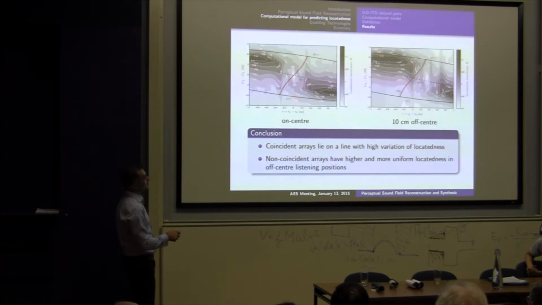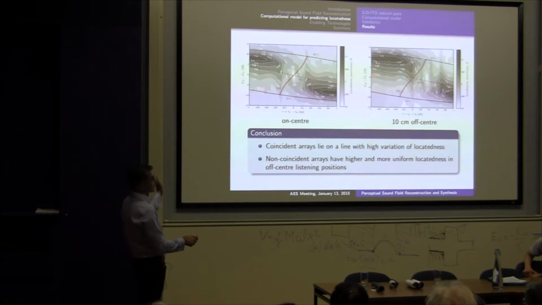But we can see also that if we were using just intensity stereophony, just level differences, we would be operating on this curve here, where there would be no time differences, and that will give really good results. Now, as soon as we move away from the center, the whole picture is moving like this, and here is where we operate. It's getting worse, but it's not dramatically bad. On the other hand, the tangent panning law or intensity stereophony actually gets affected much more.